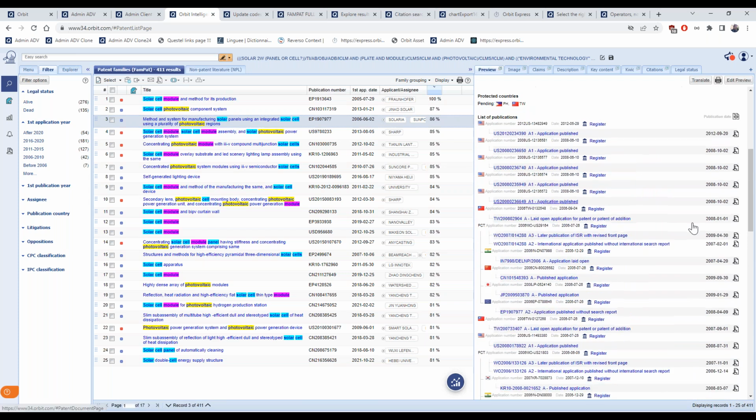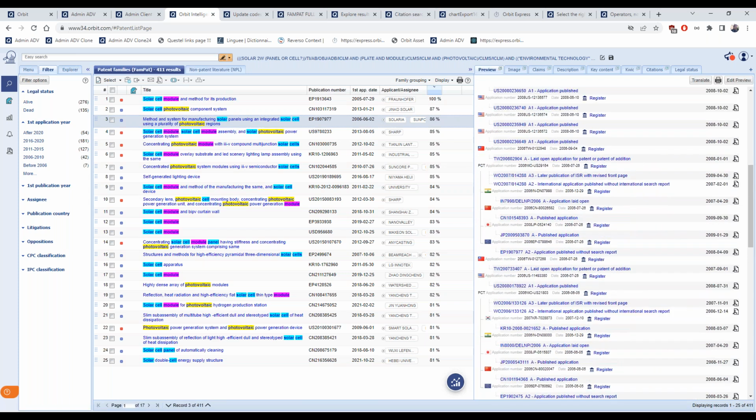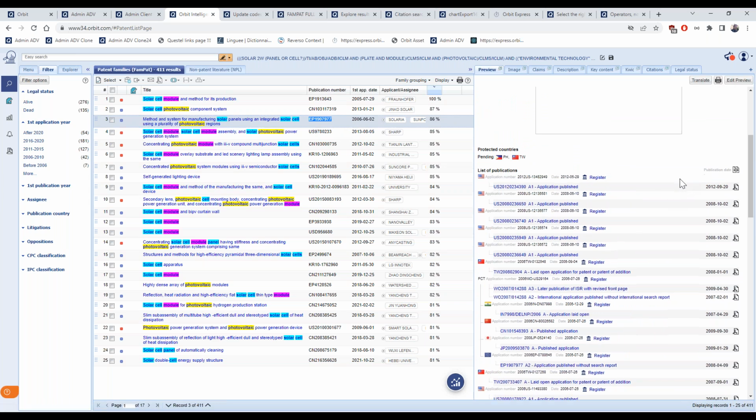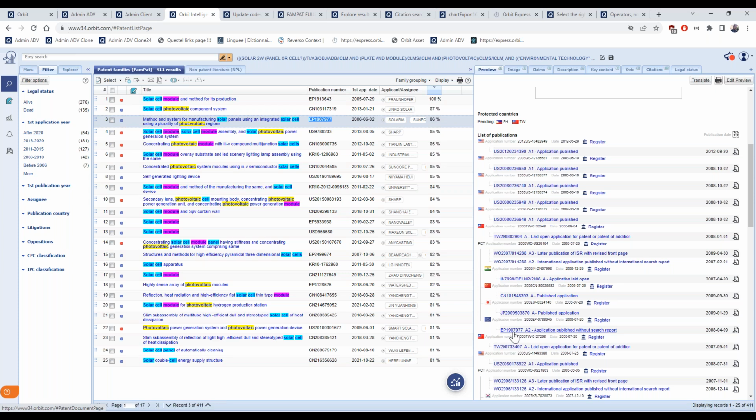Yeah, this can be a good example. Why? Because from the hit list, you can see the publication number, the EP. But when I look into the family members, the European patent publication is not the one giving the priority to the other members. But why is it displayed like this?